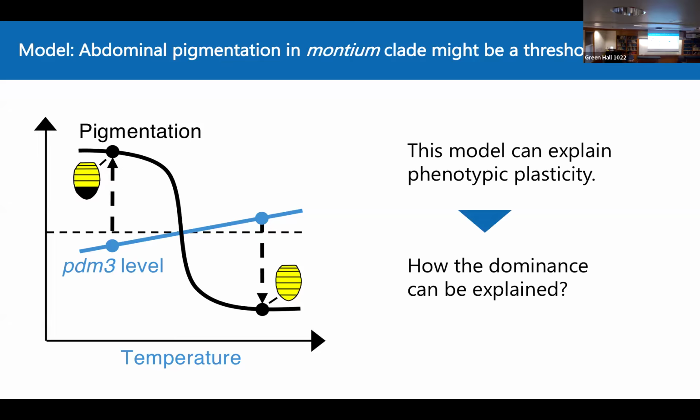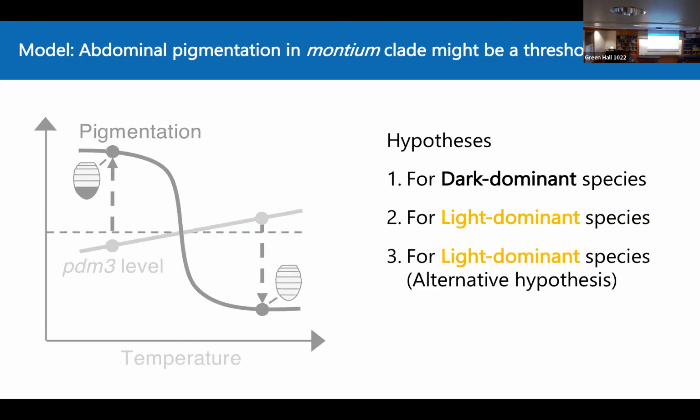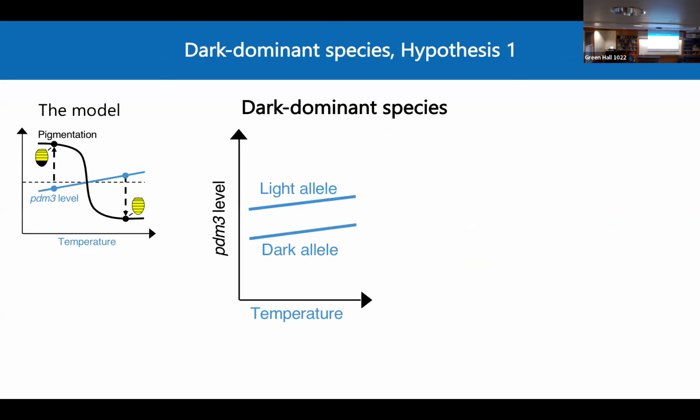So how about the dominance? I have three hypotheses for this. Number one is for dark dominant species, and the other two hypotheses are for light dominant species. So for hypothesis one, if the light allele has higher expression than the dark allele, and the allelic response to temperature is similar between alleles,